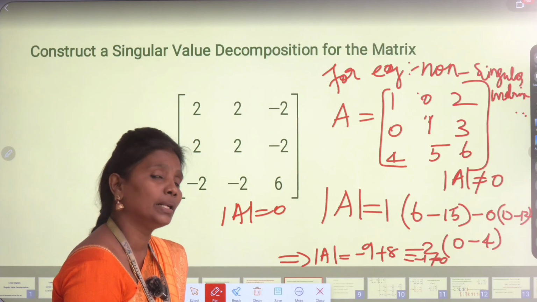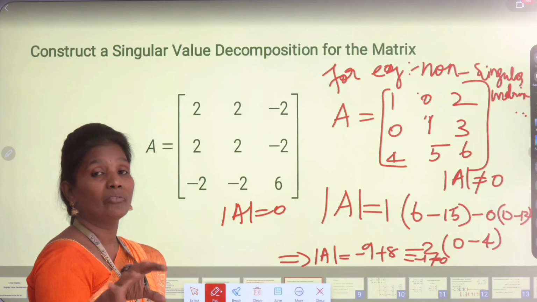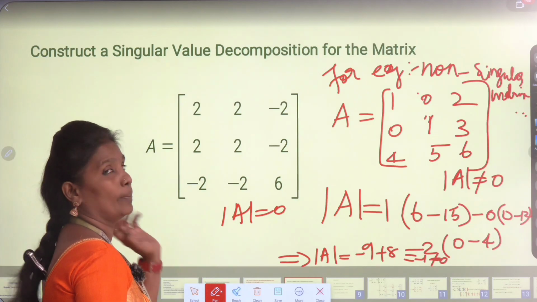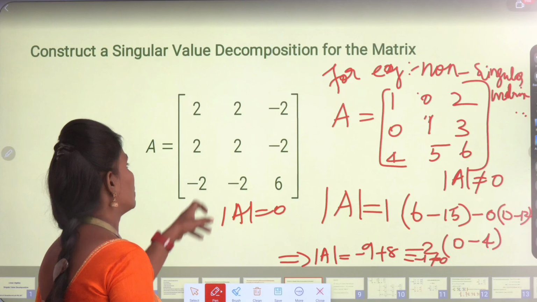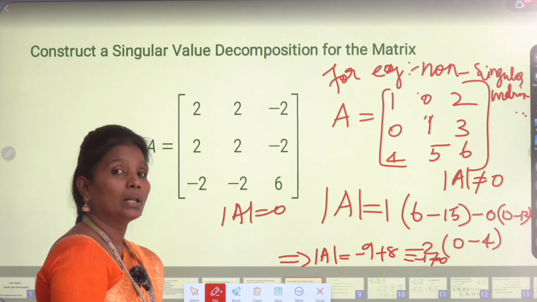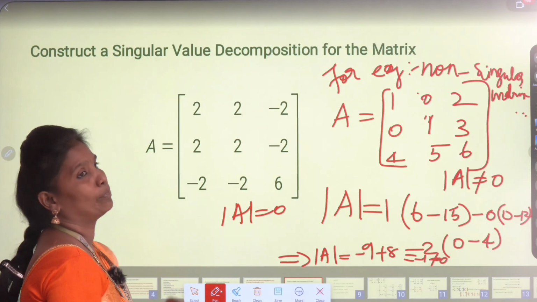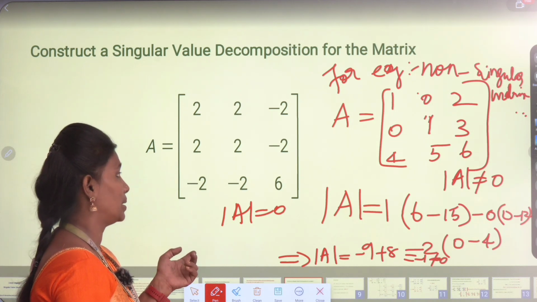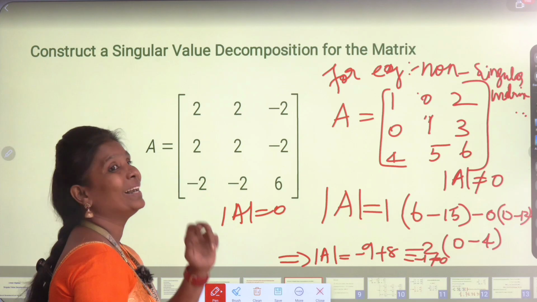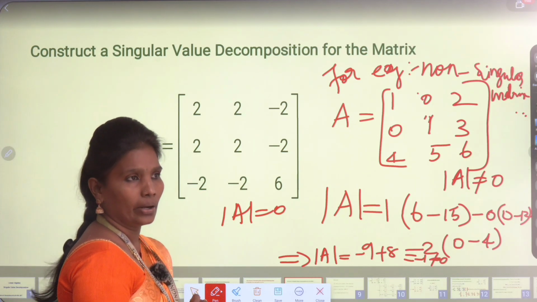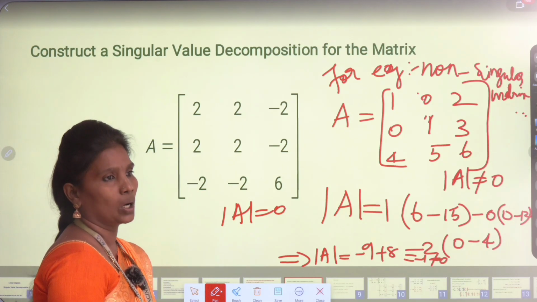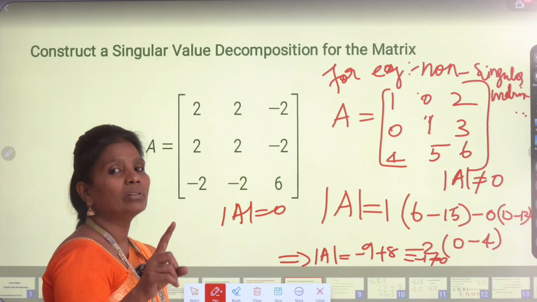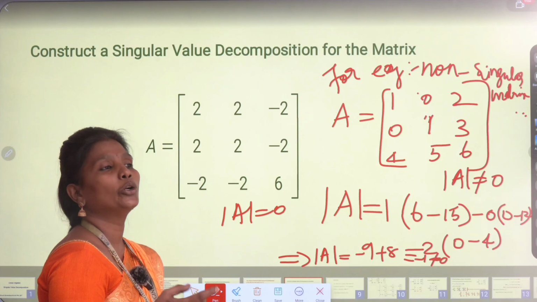What is linearly dependent? One column is similar to other columns, or is an expression of another column. Here you see the first two columns, 1 and 2, are the same. That means they are linearly dependent because two are similar. If any of the columns are similar, the rank of the matrix is going to be reduced. Automatically the rank is reduced, so one eigenvalue, or more than one, is going to be 0.